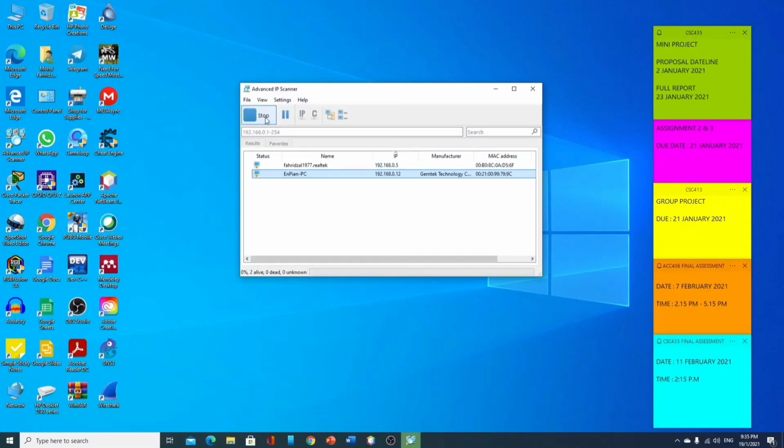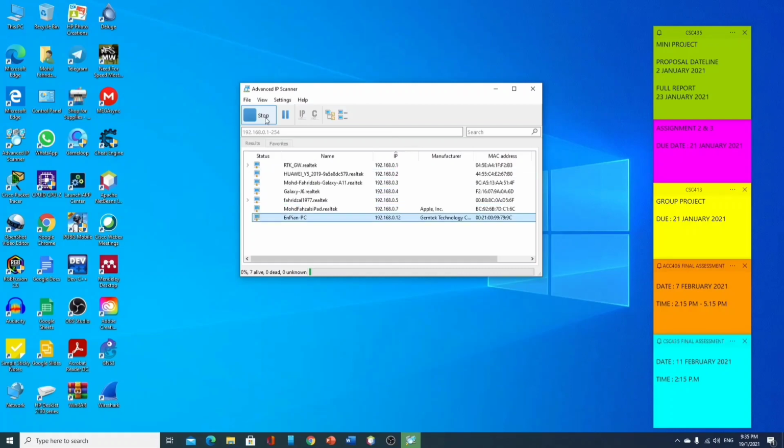This is to see all the device on my network. So as you can see, this is all the device that is located on my network. So this is the PC that I'm using right now, and this is the notebook that is located on my network,